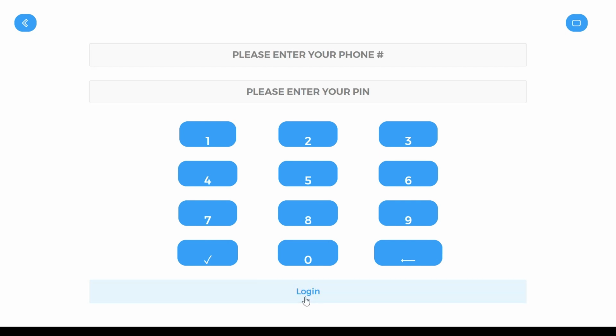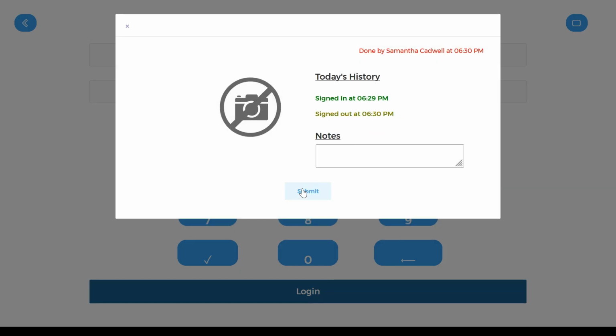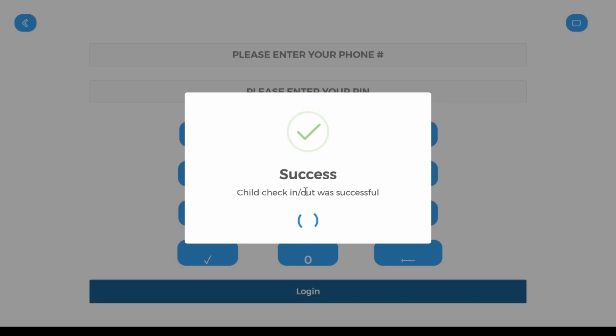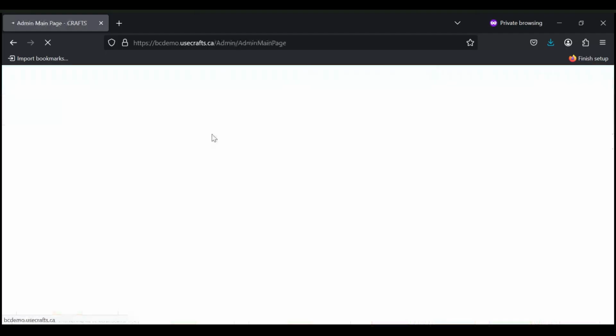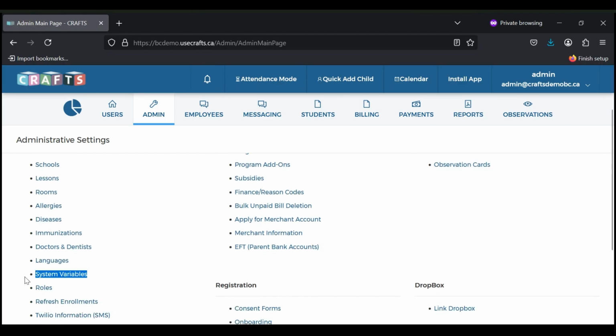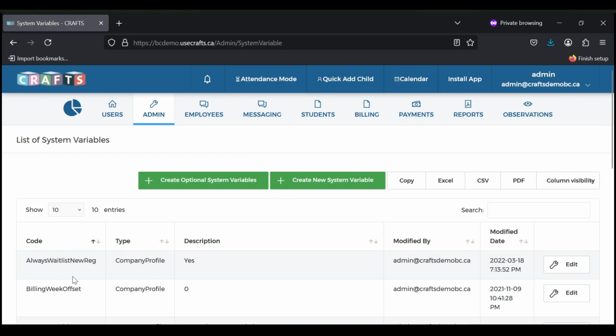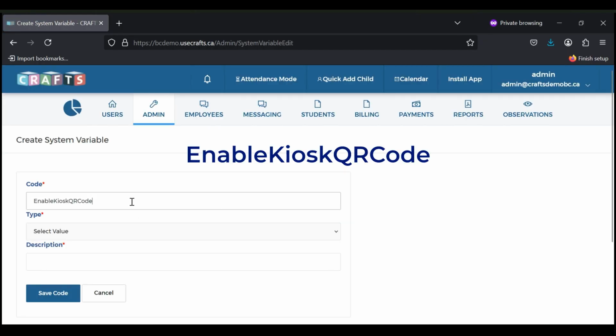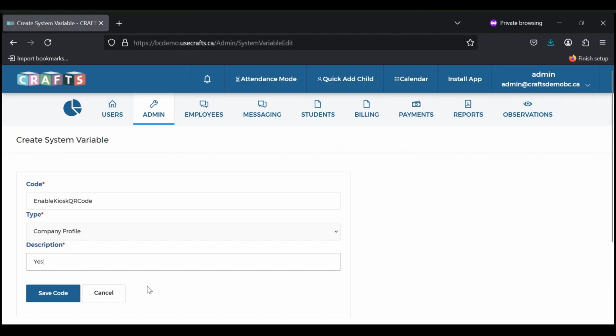There's also the option for parents to do contactless check-in and out by QR code. As the system administrator, you can enable this feature by going to Admin, System Variables, and clicking the green Create New System Variable button. Create a code called Enable Kiosk QR Code, set the type to Company Profile, and the description to Yes. Once you save this code, you'll see a QR code for parents to use on the Attendance